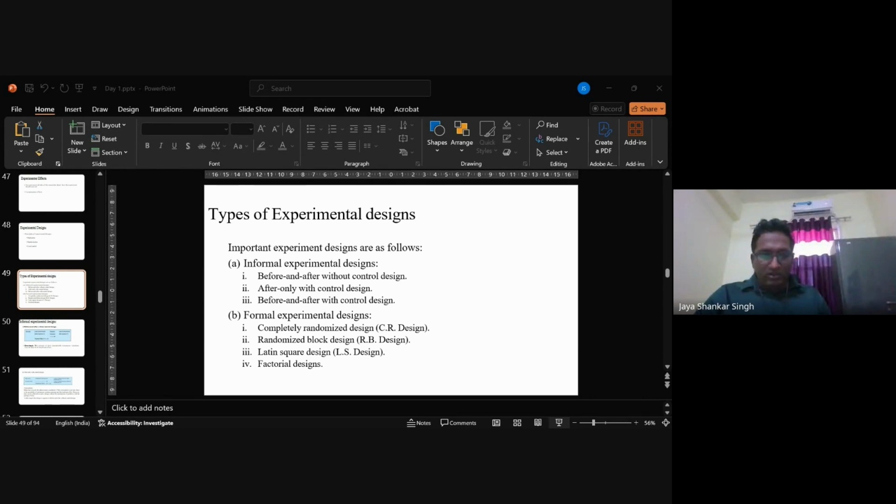Now, without control design, what happens? I will have a group of students on whom I will test the new teaching method and look at the change in their performance. So Y is the measurement of the phenomena after the treatment, X is the measurement of the phenomena before treatment, and Y minus X is the treatment effect. One of the drawbacks of this particular kind of experimental design is that time becomes instantaneous.